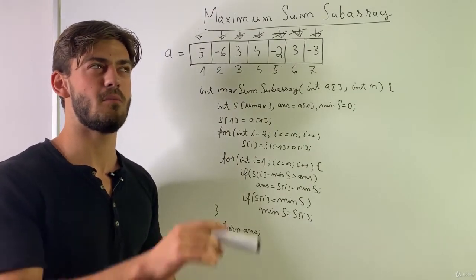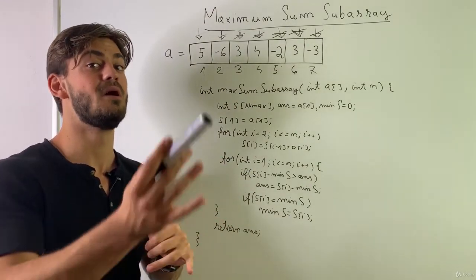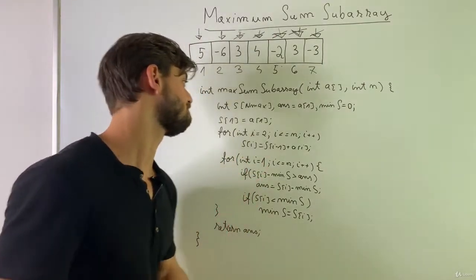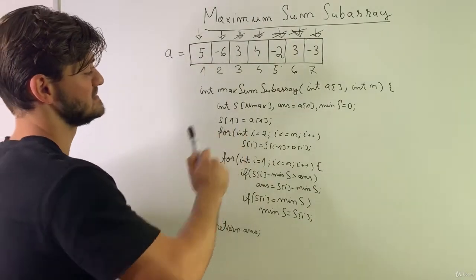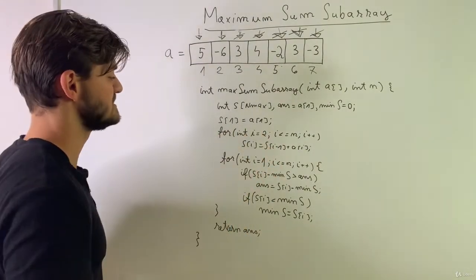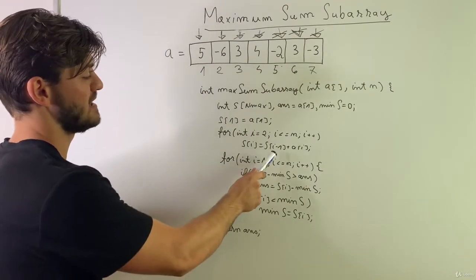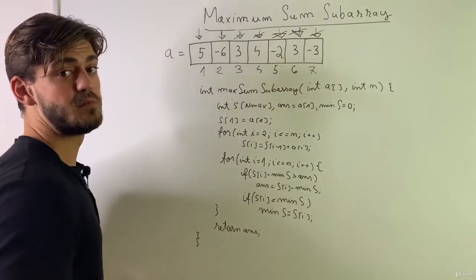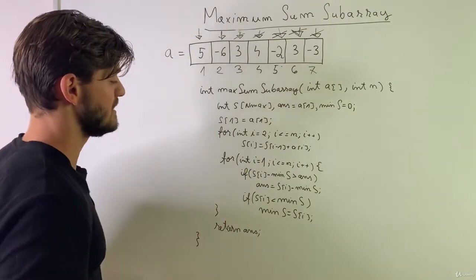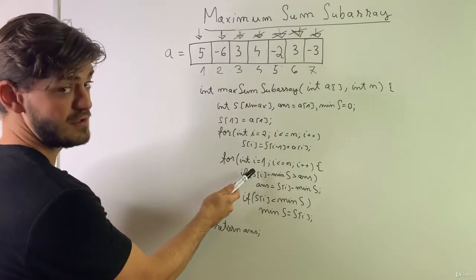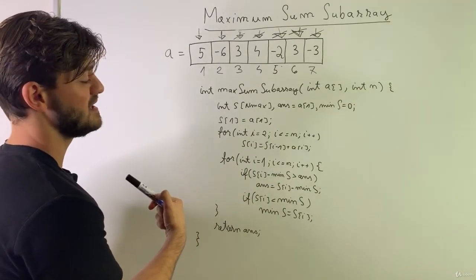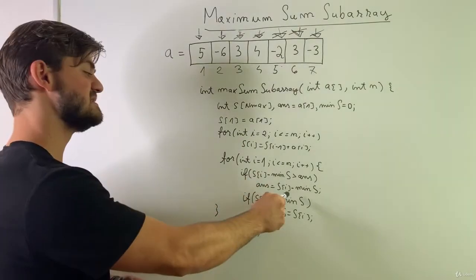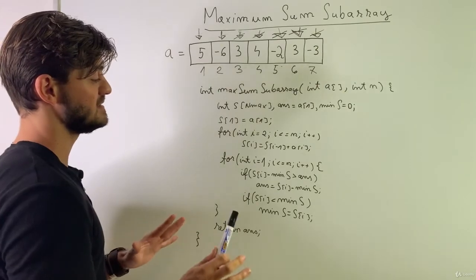Because like we said, we have there minus s left minus 1, so that s left minus 1 can actually be s0 too, okay? So I have here s1 equals a1, and then building the partial sums, si is going to be equal to si minus 1 plus ai, and then I'm gonna fix my right pointer, alright, with a variable i, let's say, and for each right pointer, which is i, I'm just gonna update the answer first. If si minus min s is greater than the answer, the answer becomes this expression,